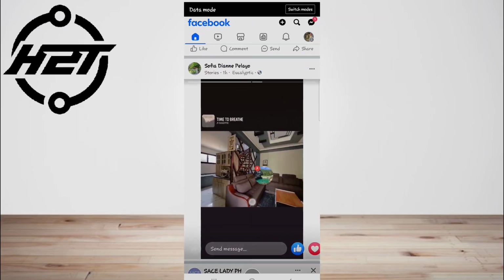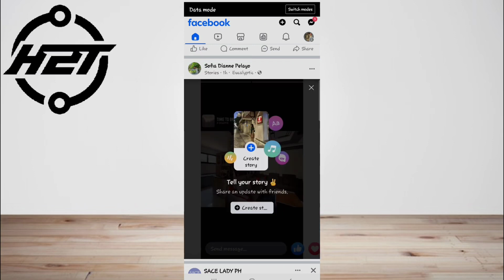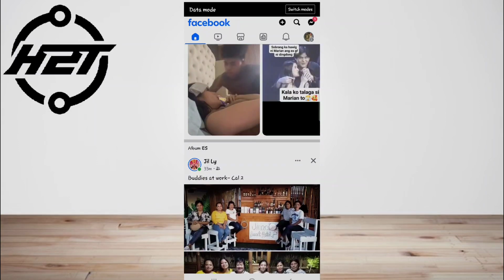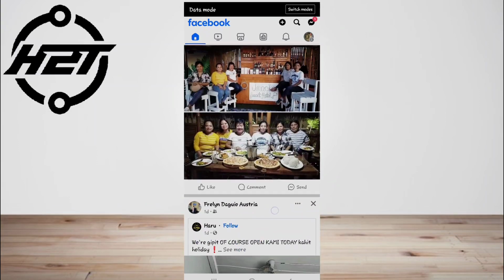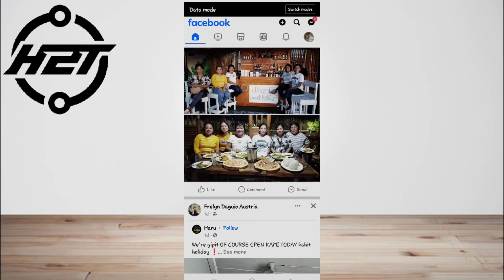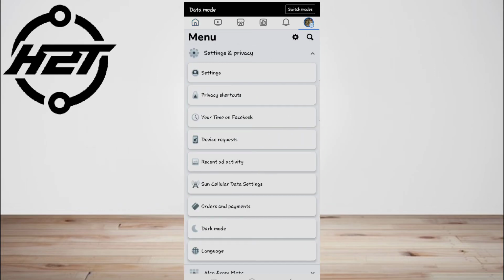Facebook limits how often you can change your birth date, although they don't actually specify how often it can be changed. If you run into problems changing your birth date, try waiting a few days or weeks before making another attempt. First, open Facebook and then tap the three-line menu.